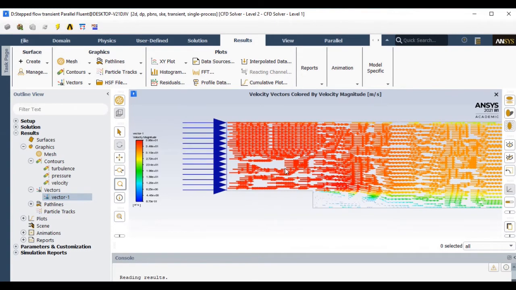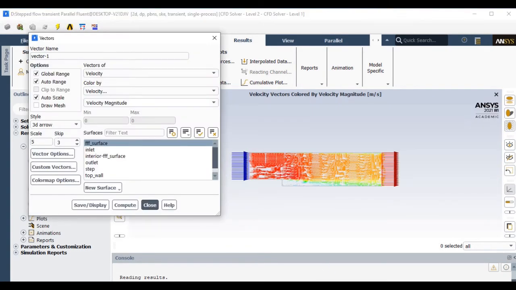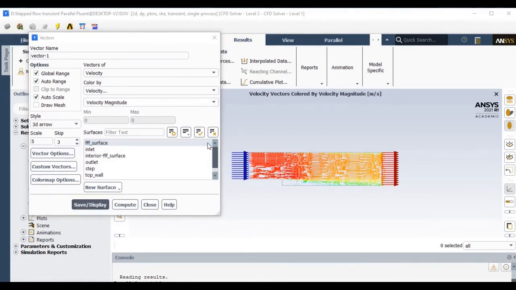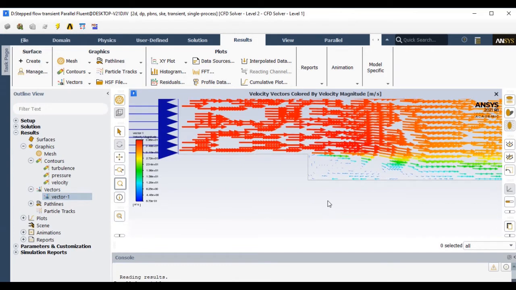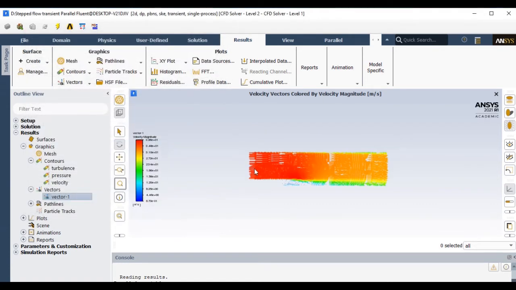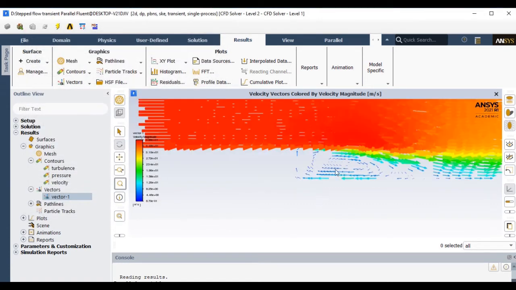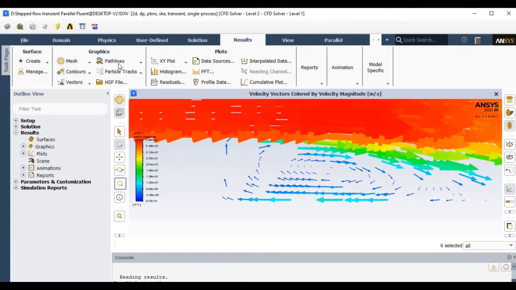So this is how near the stacked wall we can clearly see the recirculations or the directions of the flow. This is how the recirculation happens. Let me also enlarge the arrow size so we can have better visualization. This is how it looks. So the vector will give you the direction of that particular flow.